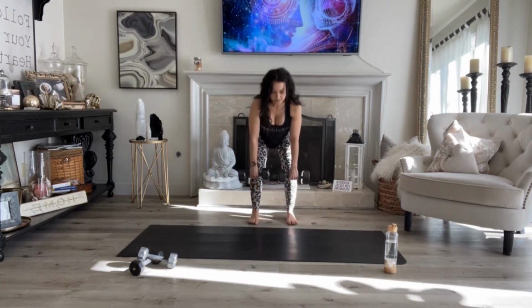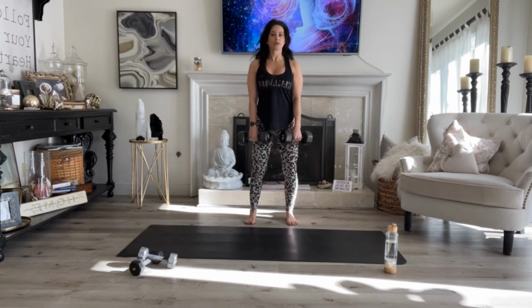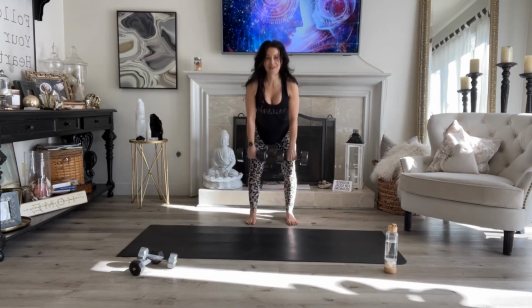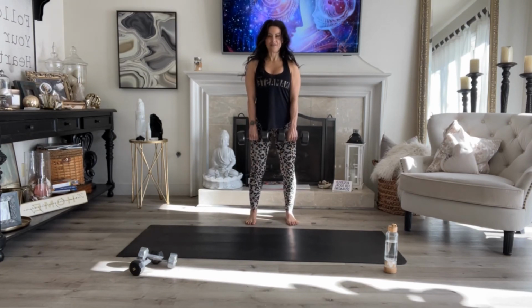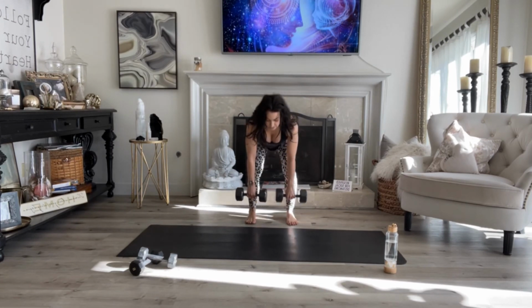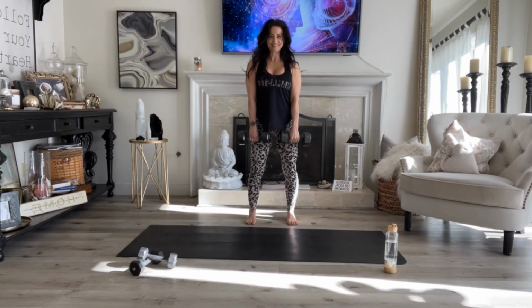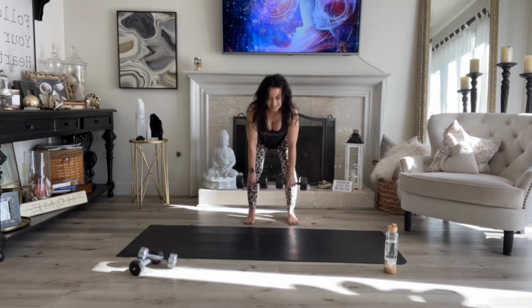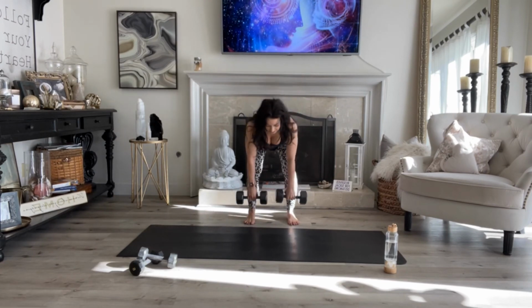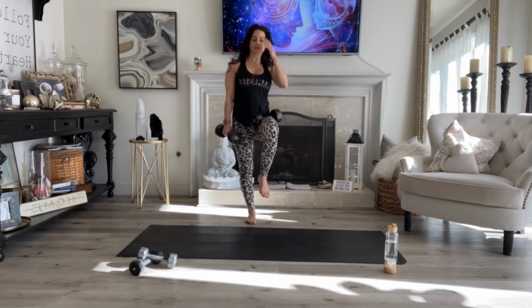Let's take 10, 9. You're going to really reach forward until you can feel that stretch through the back of your legs. 8, 7, 6, 5, 4. How's that feel? 3, 2, and 1. Beautiful. All right, so now that we have that movement down just a little more,